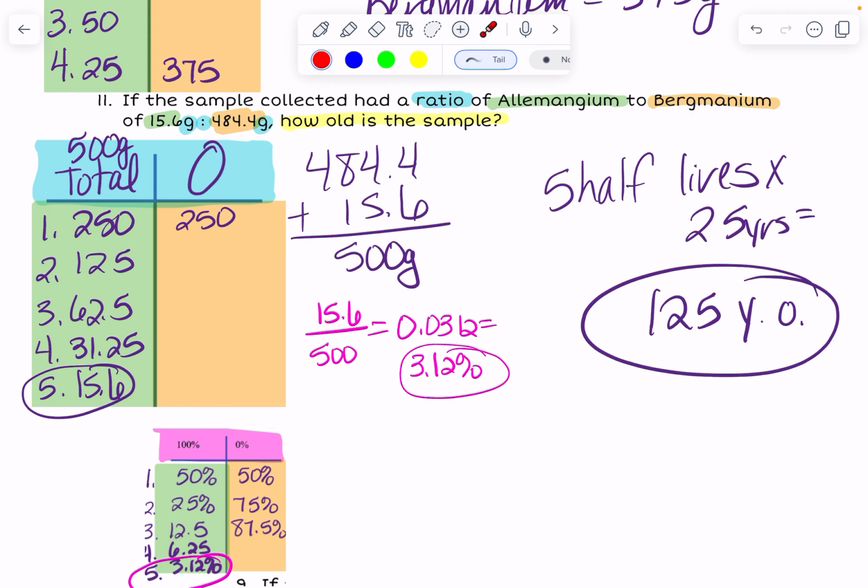And I could either take this and make it into a percentage and do it as a percentage problem, or I could take that and divide my way by 2 until I got to 15.6 grams. No matter which way you do it, notice that you get the same amount of half-lives. You get 5 half-lives. So 5 half-lives times 25 years equals 125 years old. So those are samples of all the